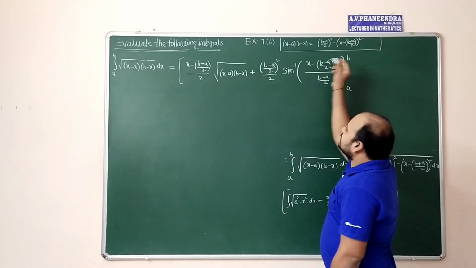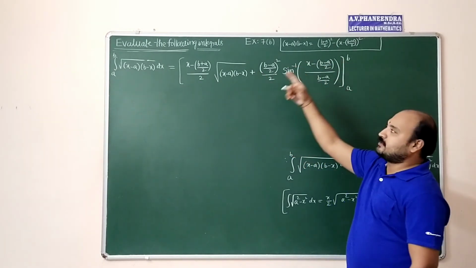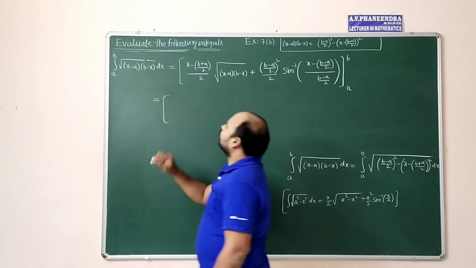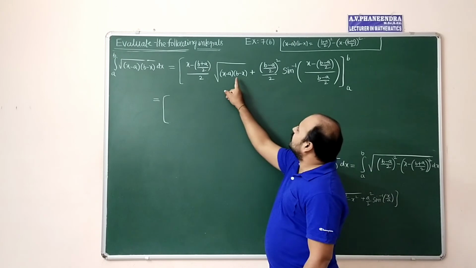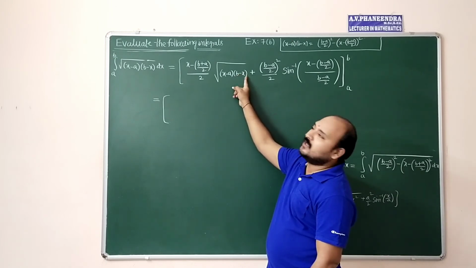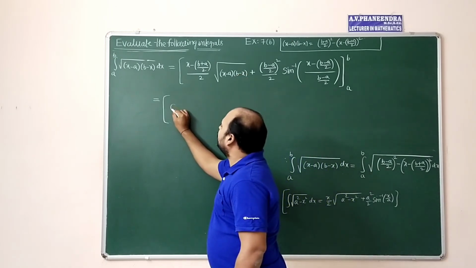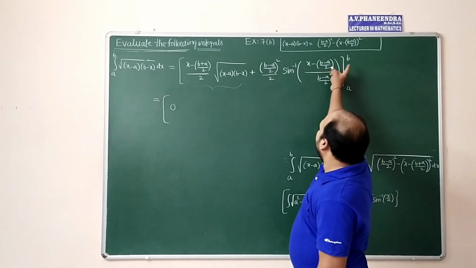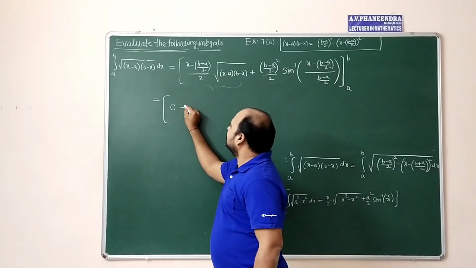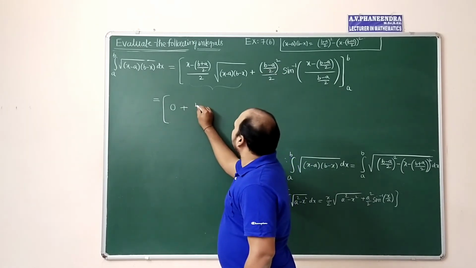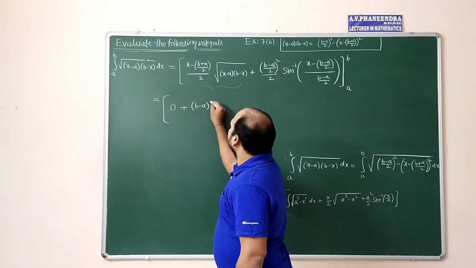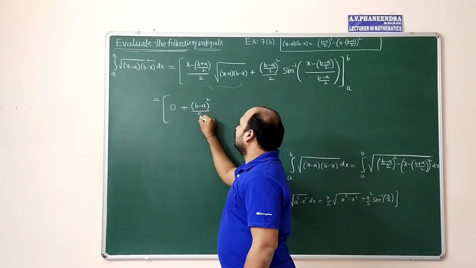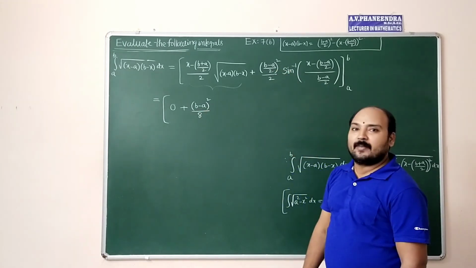Now, in place of x, upper limit b substitute there, which is x is equal to b. If you substitute there, b minus b, this total term goes to be 0. This complete term goes to be 0. Upper limit plus (b minus a) by 2 whole square. Here 2 square is 4, 4 into 2 is 8: (b minus a) whole square by 8 sine inverse of